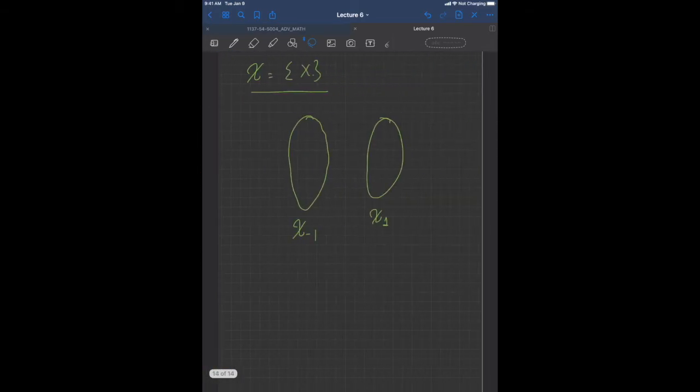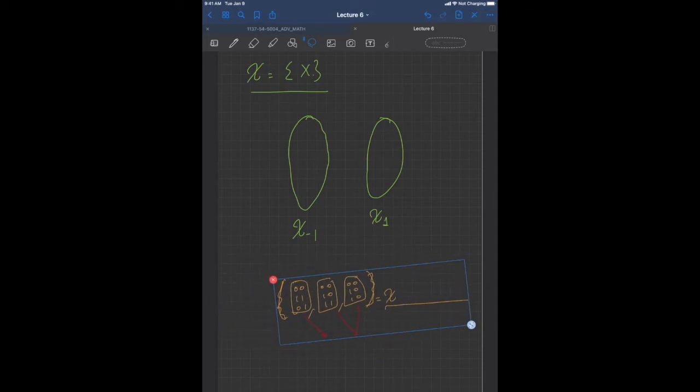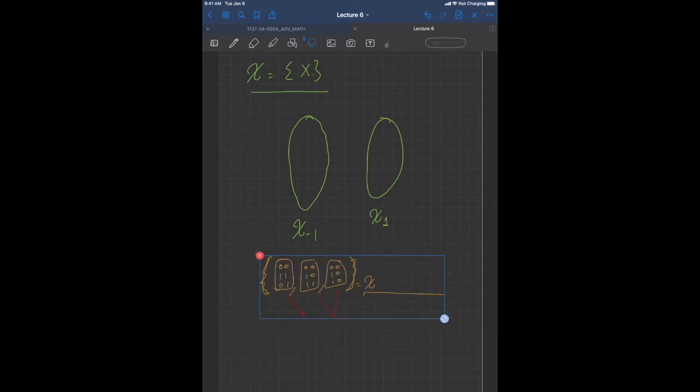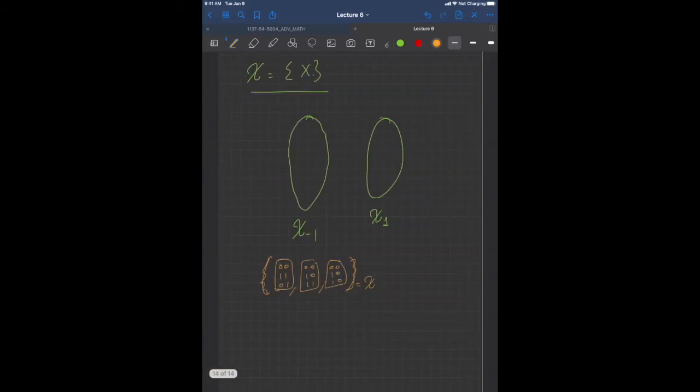This visualization is going to be the following. So this is our set X, and we visualize this set X as two parts, which are X minus 1 and X1. And what is X minus 1? We did not do X minus 1. So X minus 1